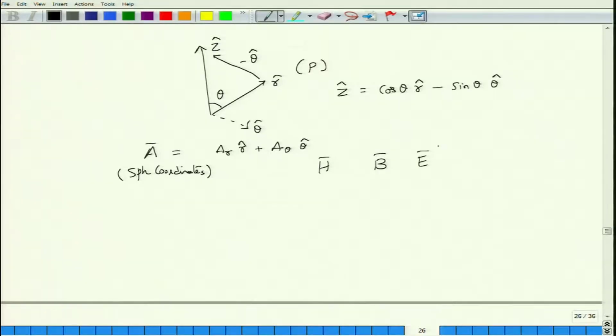We will revisit this example when we discuss the fields generated when the time varying current is incorporated, and what would be the radiation fields, as we call them, for the short current element or the elementary dipole, as sometimes it is called. But the ideas that we have developed up to this part will be used immediately in the next module to actually find out the H, B and E vectors. So keep these ideas in mind.